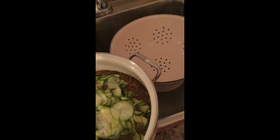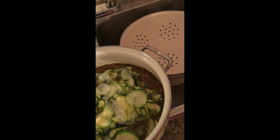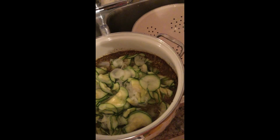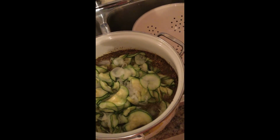Okay, the next step is to rinse the zucchini and onion in the colander to get all the salt off. And I just kind of separate them a bit with my fingers. And then you mix up the brine